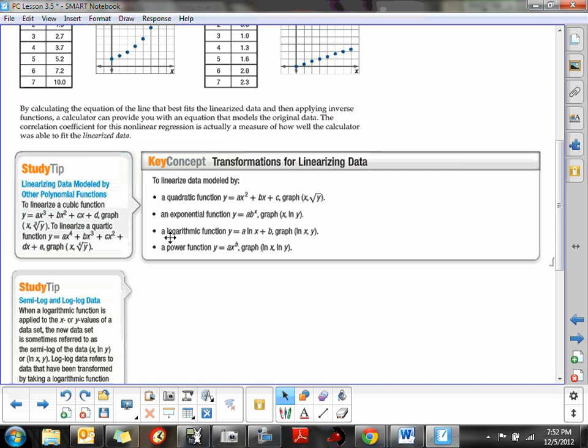The ones that we haven't done a lot with, and I haven't had a lot of experience with, are logarithmic functions. But if we have a log function, we know that the growth rate is increasing at a decreasing rate. So it goes fast at first and then slow at the end. We know what those graphs look like. So if we get a scatter plot that looks like that, then we're probably going to have to run this type of transformation,